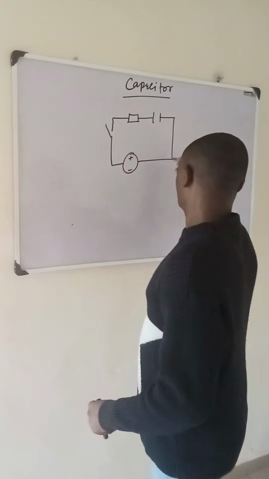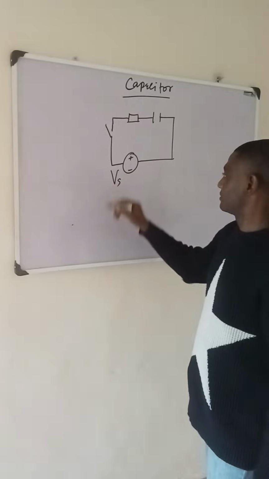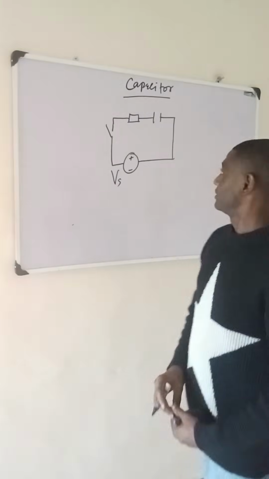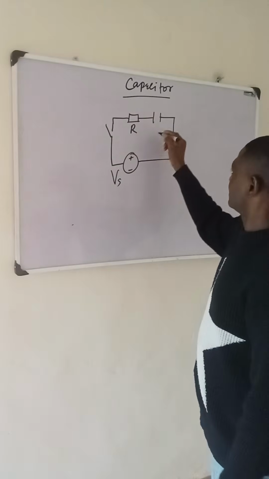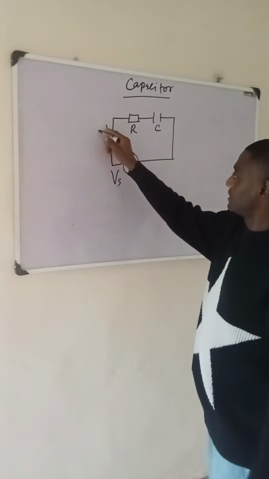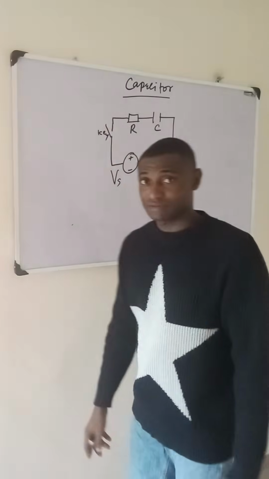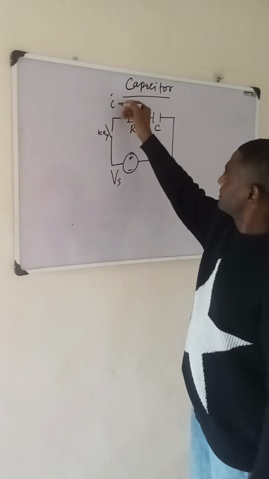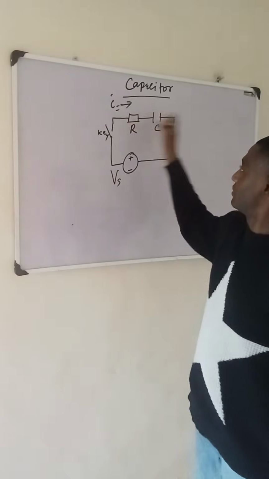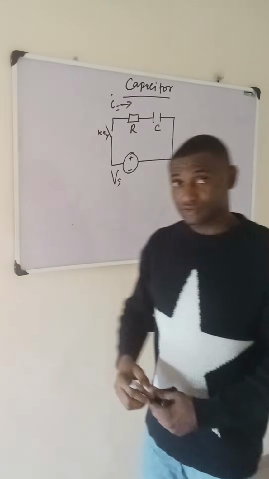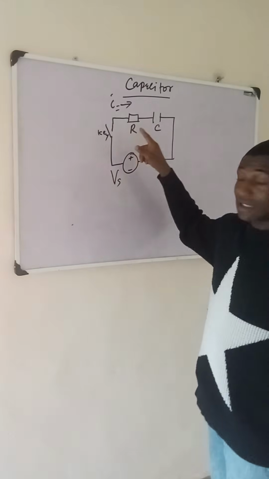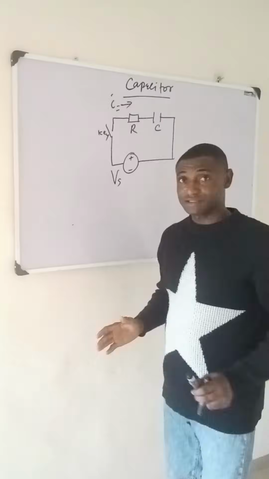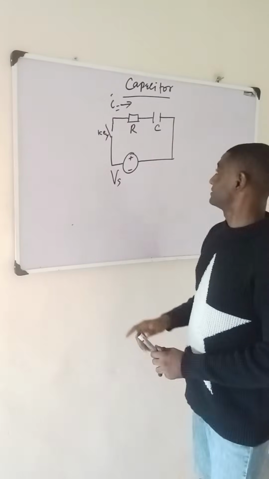So if you take this as our voltage source V, this is our resistor and this is our capacitor. This is the key for switching. A current is meant to flow in this circuit. Because the resistor and the capacitor are arranged in series,